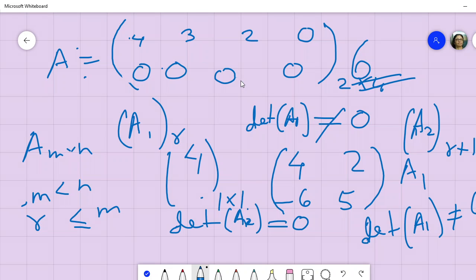This is the rank. So rank means there exists some submatrix of order R whose determinant is not equal to 0, and every submatrix of order R plus 1 must have determinant 0. And this determinant, these things here,